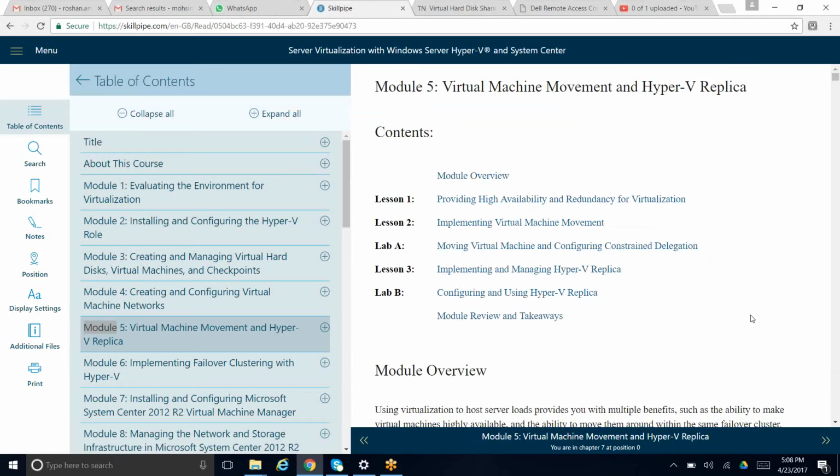And let's go ahead and start module 5 with virtual machine movement and Hyper-V replica. Most of the things from here on, we will not be able to install completely on our server. For these lessons, we need to focus and understand how things happen, because mostly we need more than one server to work on this practically. But I have only one server, so there are a few things that we will not be able to do practically. Okay,